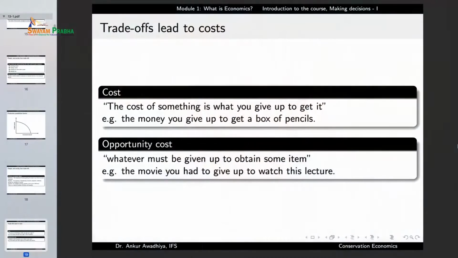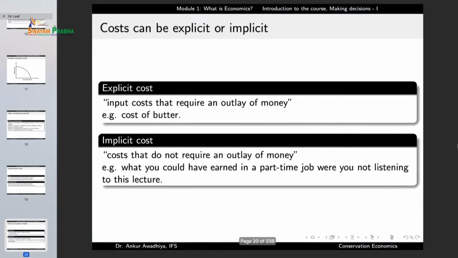And in a number of cases, we make bad choices because we do not consider the opportunity cost in total. So suppose when we are making this decision whether to divert a forest into a mine, if we only take into account the cost of the timber and the cost of the land, then probably we are underselling our forests. But when we do a correct valuation, we will probably figure out that it was much better to have the forest than to convert it into a mine. So, which is why we need to make these correlations between economics and conservation again and again.